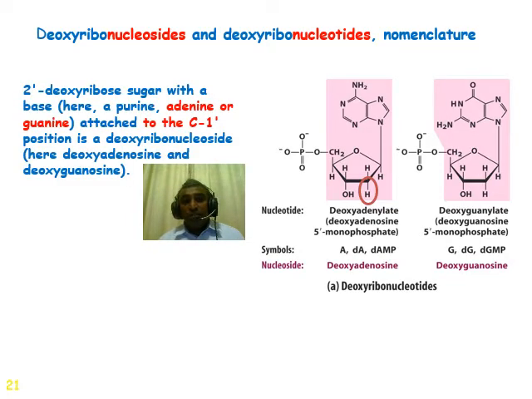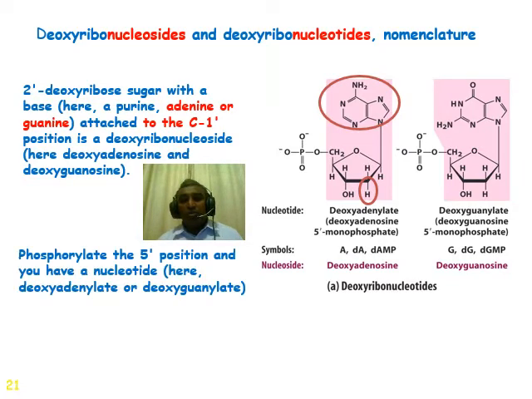Then the phosphate is not there, therefore it's called deoxyribonucleoside. And when the phosphate comes attached at the position of carbon 5, then it will be referred to as